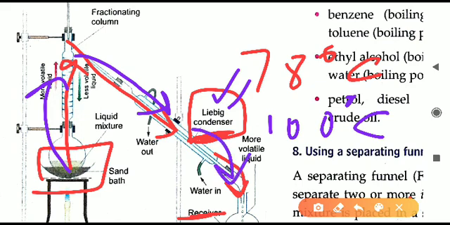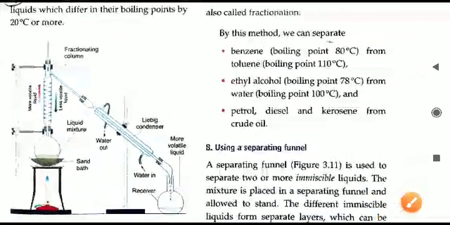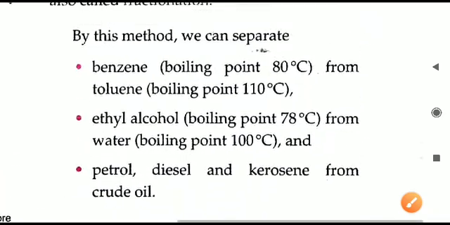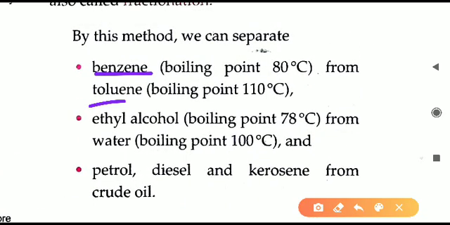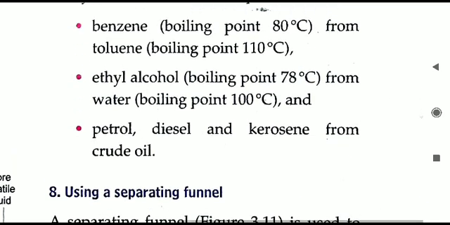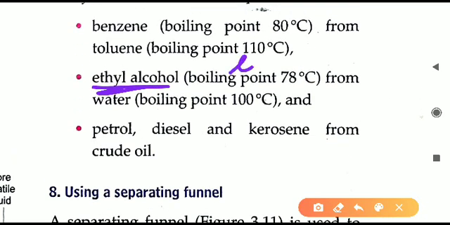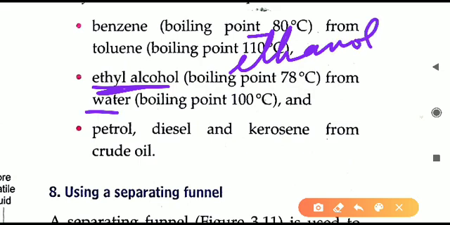We have to change the receiver container, otherwise both the things will mix again. So पहले one container we will take, in that we will collect the alcohol, in second container we will collect the water. So this is how we can separate different substances from each other. What are some examples given here? Like benzene and toluene can be separated from each other. Boiling points, you can see difference of these boiling point will be minimum 20 or more than 20 also is there. Next, now ethyl alcohol, that is alcohol only, इसका दूसरा नाम होता है ethanol. So ethanol or ethyl alcohol can be separated from water.